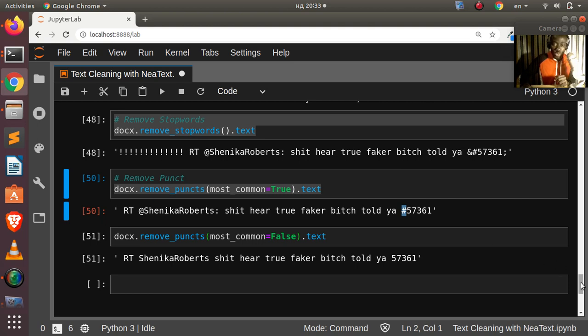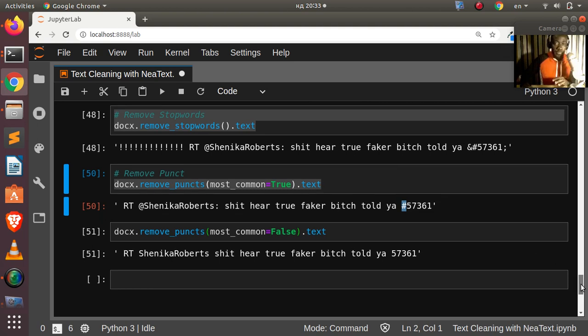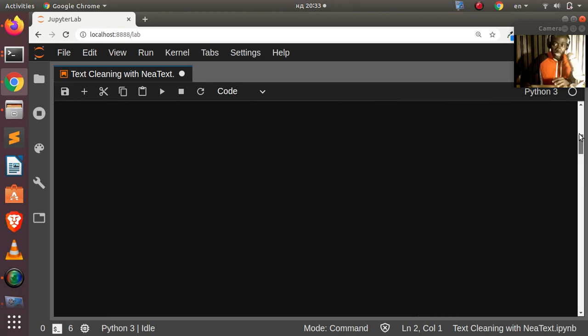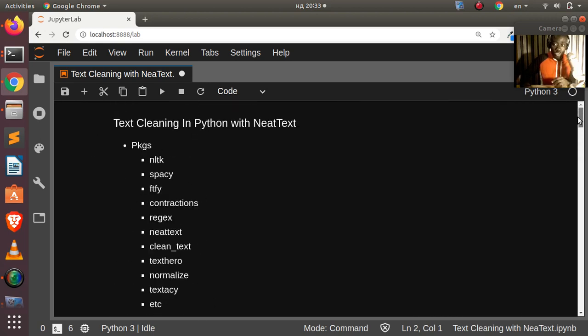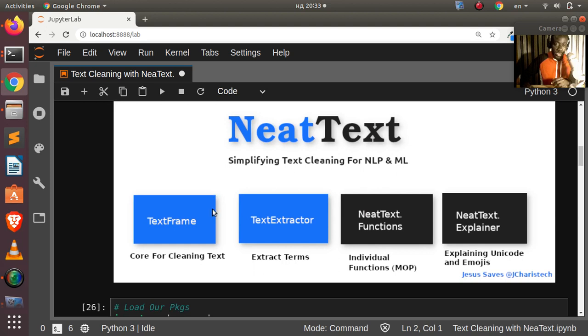Now let's move on. This is a simple overview of the TextFrame feature, right? There are a lot of things you can do, and more features are being added to it. So that is something very simple with it. Now let's move on to the next one, which is going to be our